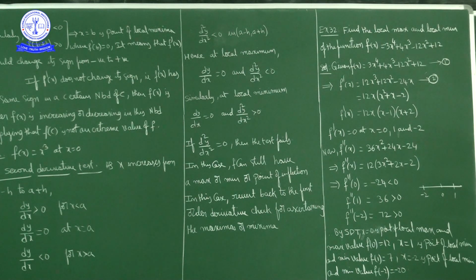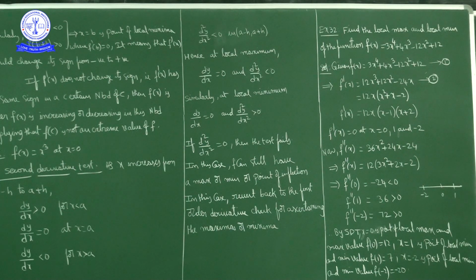My reason is what? The second derivative d²y/dx² is equal to limit h approaches 0 of [dy/dx in the interval a to a plus h minus dy/dx in the interval a minus h to a] upon [(a plus h) minus (a minus h)]. The denominator is positive, the numerator is negative minus positive, which is negative. So negative upon positive is negative, so d²y/dx² is negative.